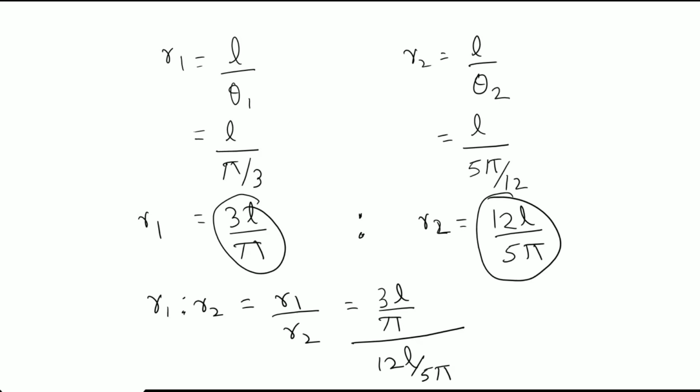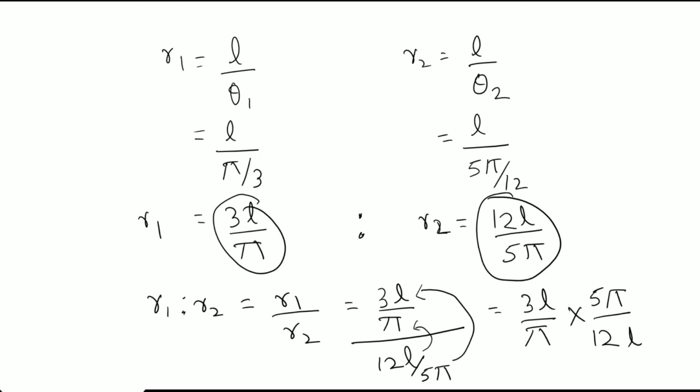Now in the numerator and denominator we see that it's in fraction form, right? So this would get multiplied by this, and this would get multiplied by this. So this would be like 3L by pi times 5 pi by